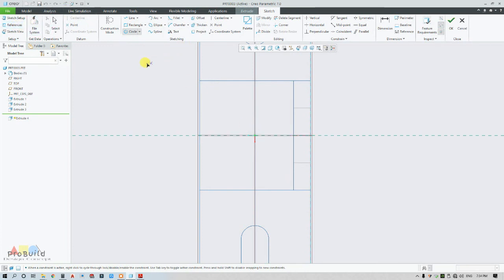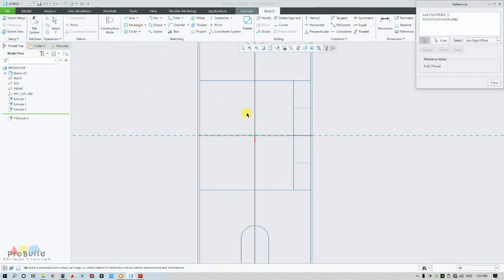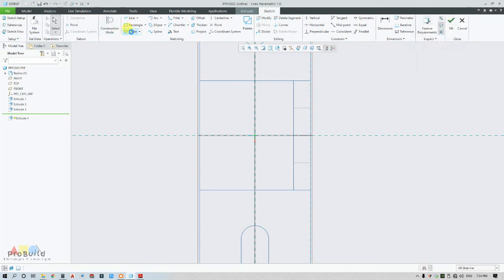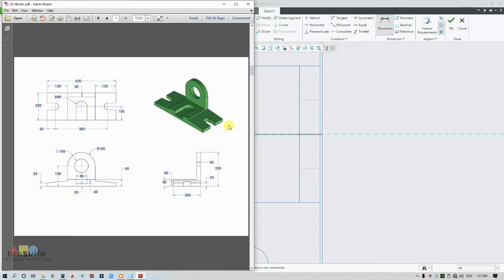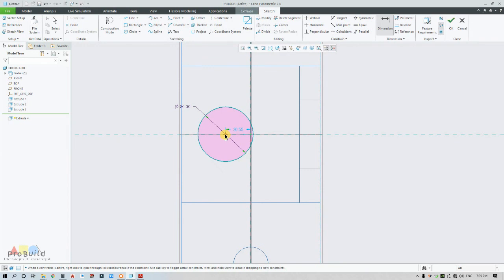Just before drawing the circle, I need to take a reference. I am taking this as my reference, and I'm going to draw a circle of radius 40, which is obviously going to be 80, and from this point to this point, it is 100.